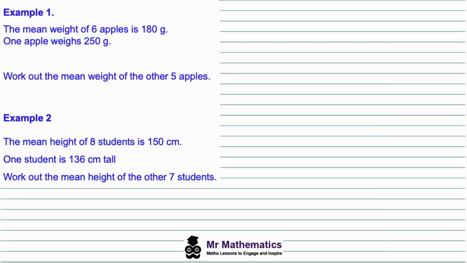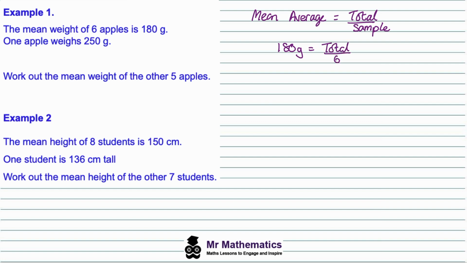In example 1, we're told that the mean weight of 6 apples is 180 grams and that 1 apple weighs 250 grams. We need to work out the mean weight of the other 5 apples. So we know that the mean average is the total of the data divided by its sample size. And we're given that the mean of 6 apples, this is the sample size, is 180 grams. So we'll say 180 grams, this is the mean, is equal to the total, which we don't know, divided by